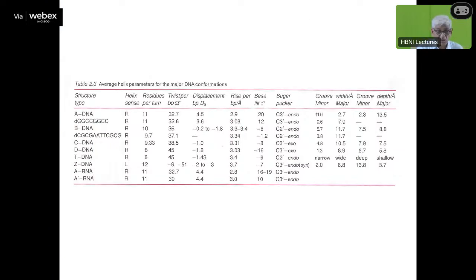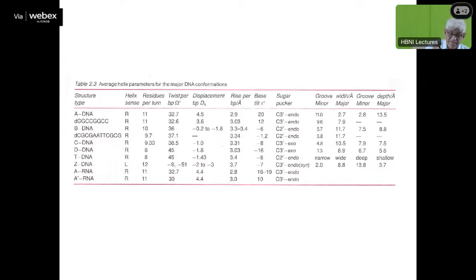Okay, so now these are those parameters which are there here. You can see all the subtle variations that have been found in various kinds of DNA structures, and these are based on the single crystal structures, various parameters. Another thing, the Z DNA is actually left-handed DNA, left-handed helices, whereas all other helices, the A DNA and the